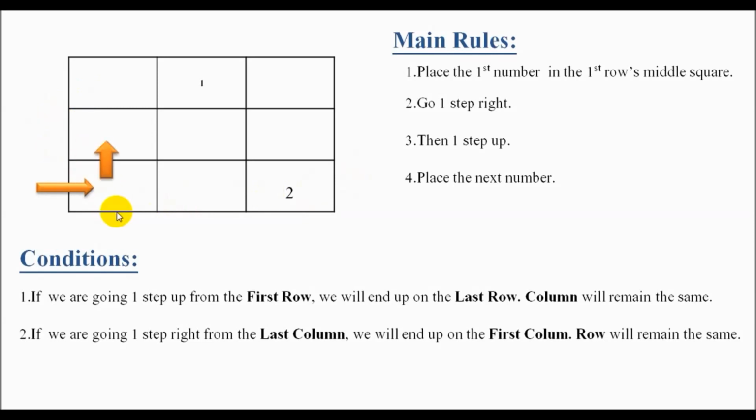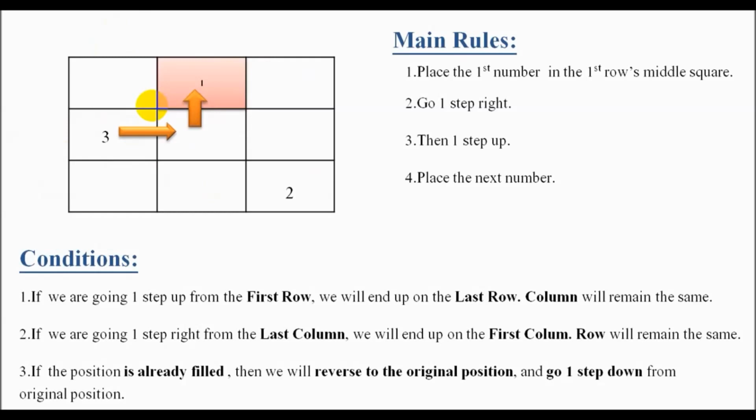So this is the place, and then we are going one step up. We took one step right and then we're taking one step up. So this is the place we're going to put our third number, that is 3, and then again one step right, one step up, and this place is already taken. So here comes the third condition. If the position is already filled or taken, then we will revert to the original position and go one step down from there. So we'll revert to the original position and go one step down from there. So we'll put the next number here,